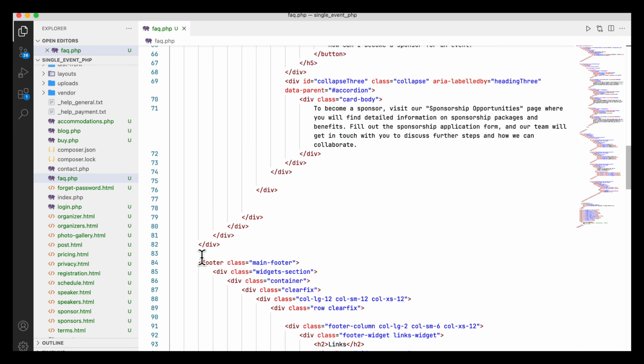So now I am going back. So okay, the task is completed for the FAQ. Now I am going to the forget password.html page, and here it will be forget password.php. And in the forget password.php I am going to replace it by header, and the footer is here, replace it and change it by footer.php. So this is the layout for the forget password page. Now I am going to organizer.html